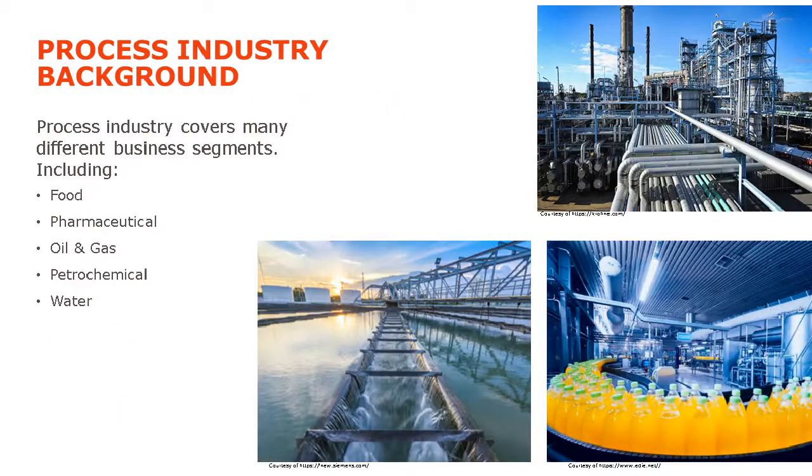So I'll start with some background to the process industry. The process industry concerns itself with the continuous production or batch production, where each batch is identical. For example, in the bottom right there, it's orange juice, maybe drink, probably not a juice. It might have come through a continuous or batch process, but each bottle of orange juice is the same. This would differ for something like automotive, where you have almost discrete manufacturing. You have bills of materials, you have assembly of components, and each car rolling off the shelf can be different: different paint, different wheels, and what have you.